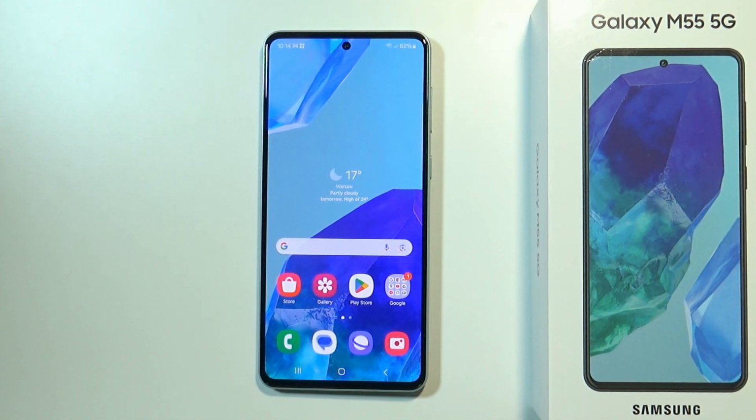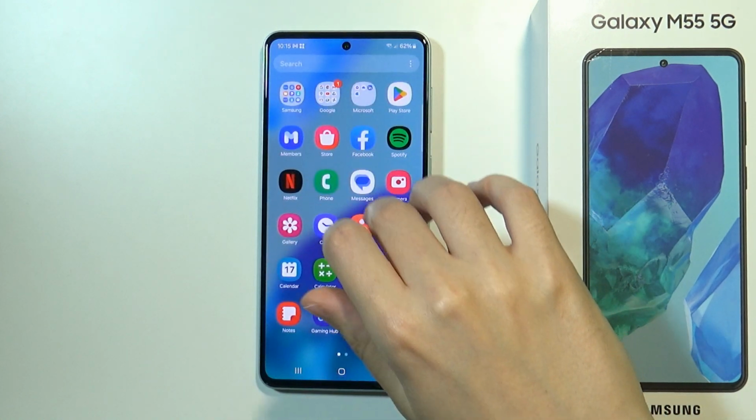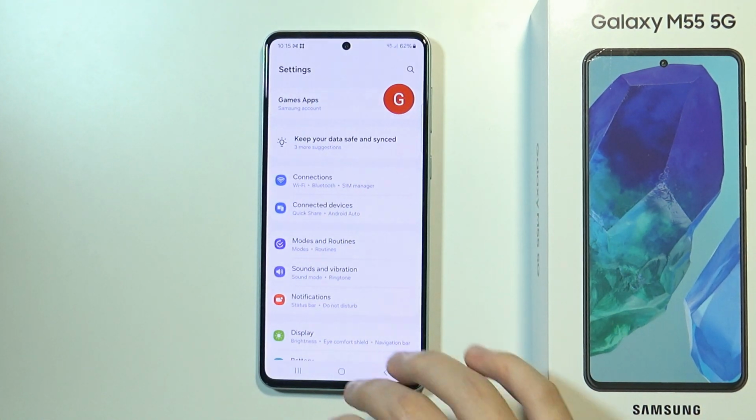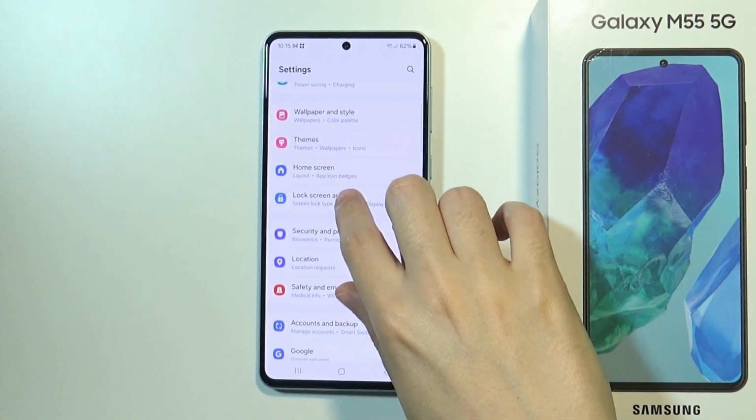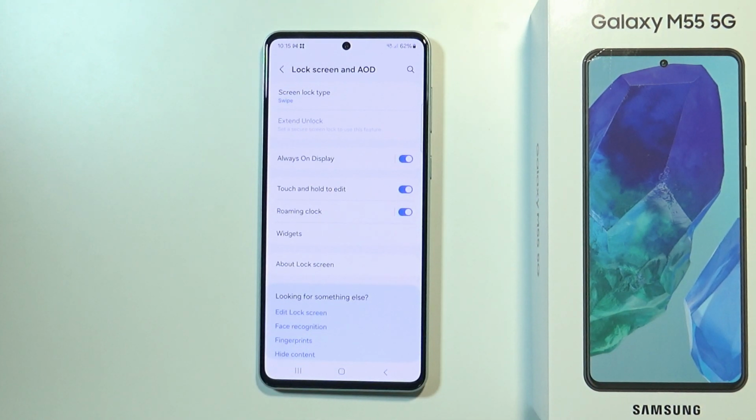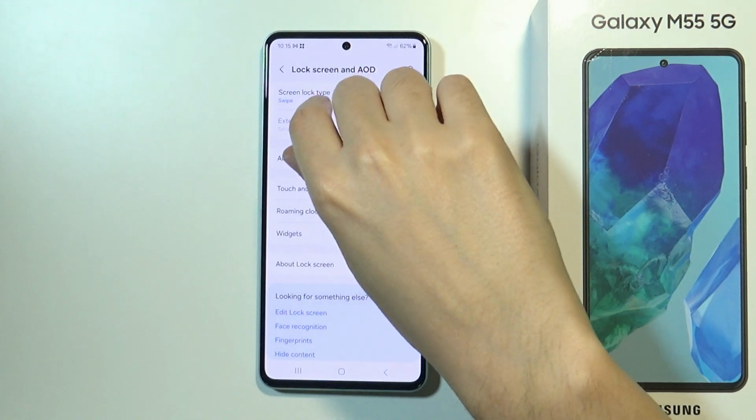Hello, in this video I'm going to show you how you can change the screen lock on Samsung Galaxy M55 5G. So in order to do that, first we need to head to the settings. In the settings we need to go down and choose lock screen and AOD, and over here we can switch